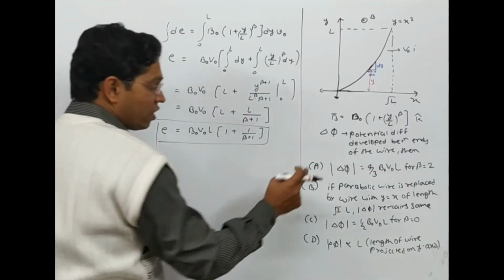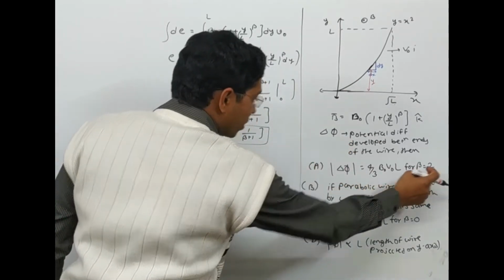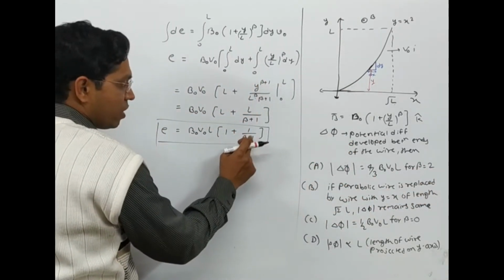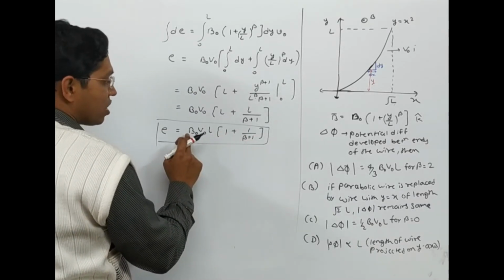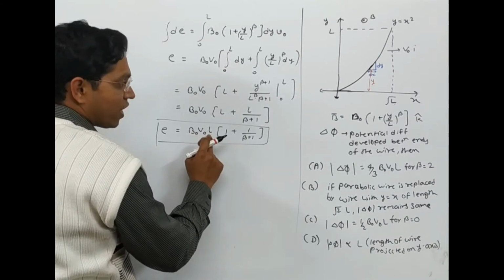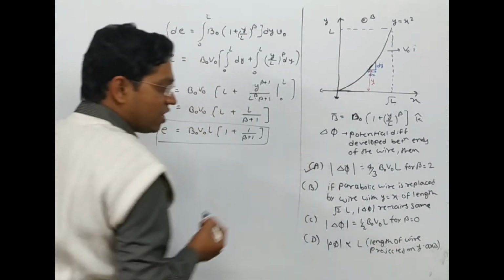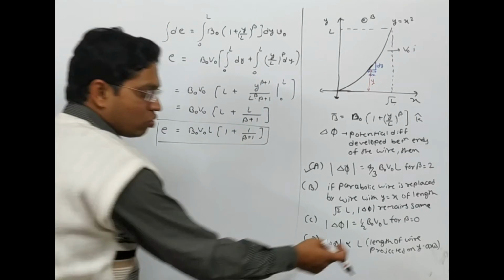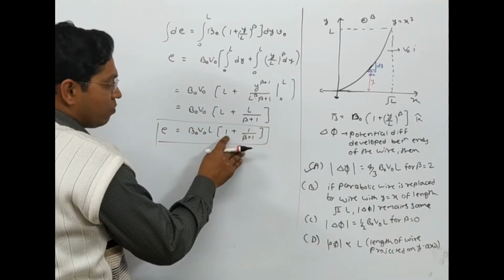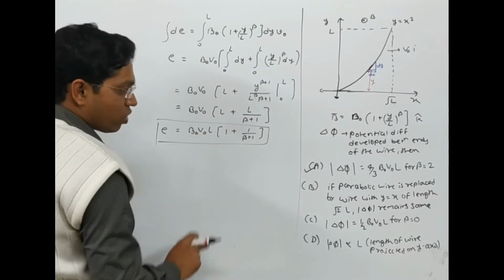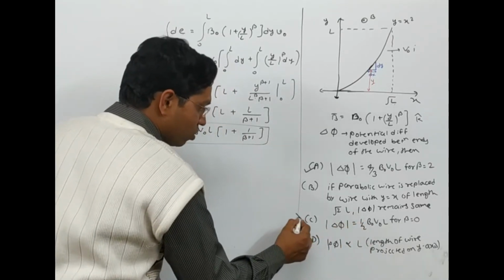Now if I go for the first option, when beta equals 2, this will be 1 by 3, and 1 plus 1 by 3 means this will be 4 by 3. So the answer will be 4 by 3 B naught V naught L, and hence option A is the correct answer. If I go for beta equal to 0, just substitute here, so it will be 1 plus 1, which is 2, so 2 B naught V naught L, but it is given as half B naught V naught L, so